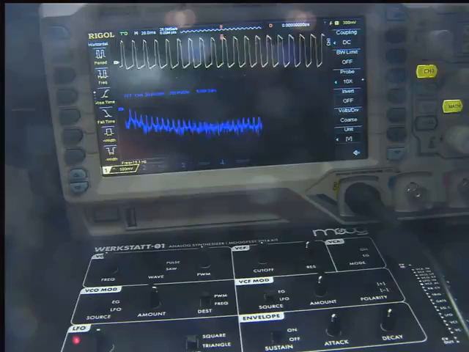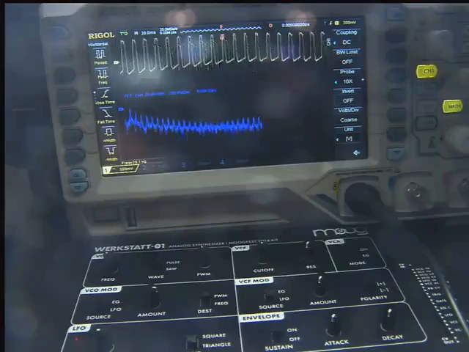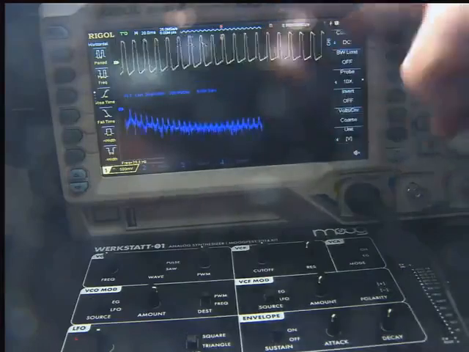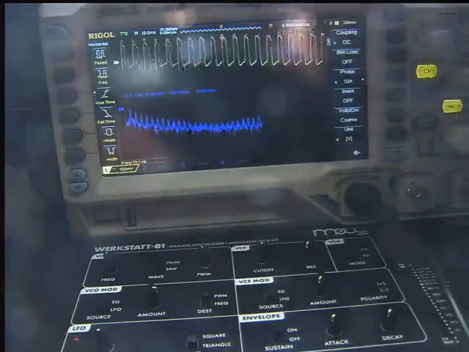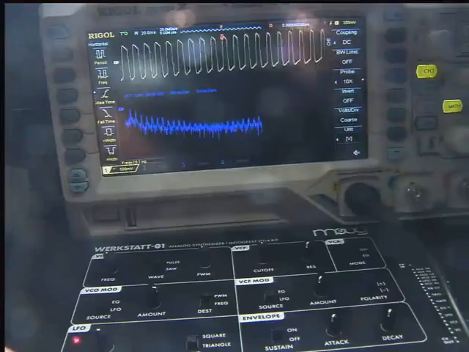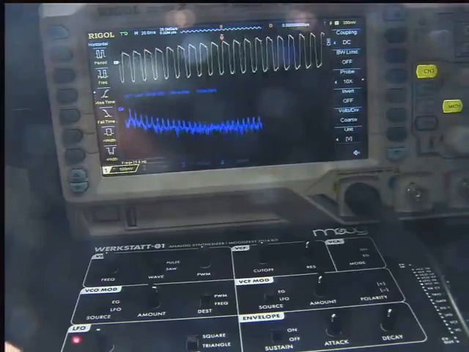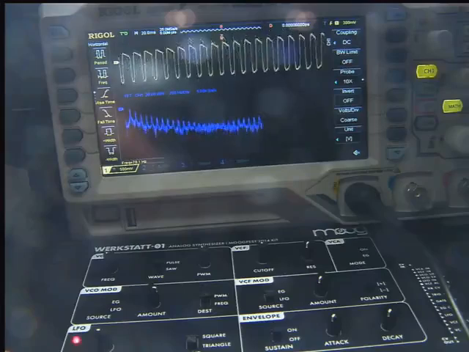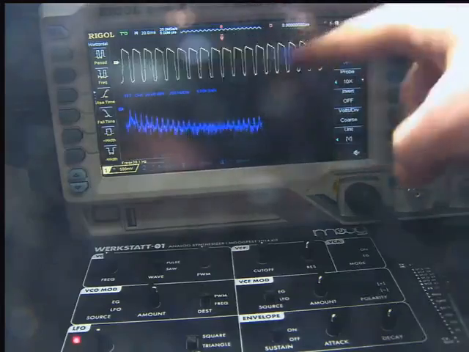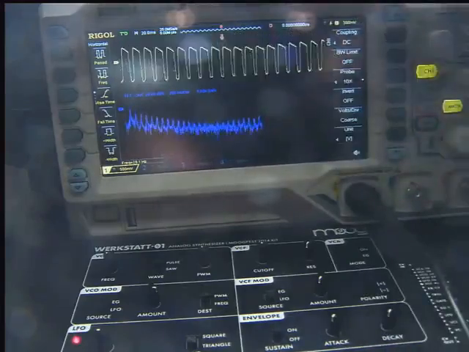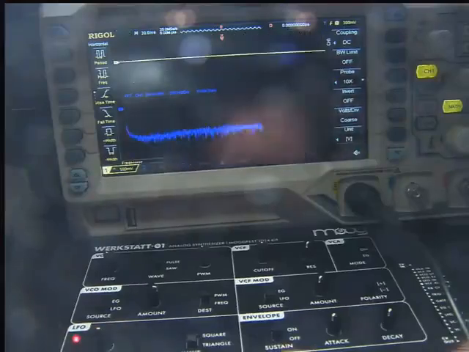But we get this sort of phasing difference. And what's happening is that we're wobbling this PWM back and forth, and you can see it's really jumping around. That's because, and this is an unintended consequence of the VCO circuit, changing the PWM also gives it a little bias voltage as well. You can't hear this bias voltage because it's more or less DC, like at a couple of hertz. But it does show up pretty strongly on the scope here, of course, because it's showing us everything. So that's what's going on there.